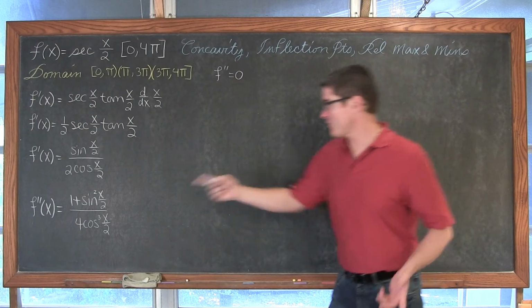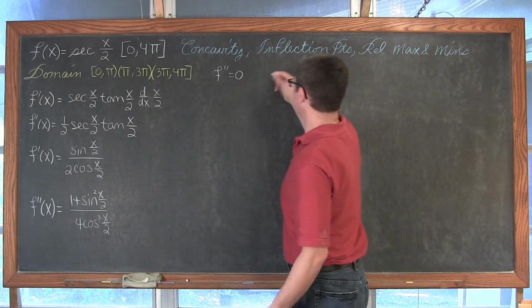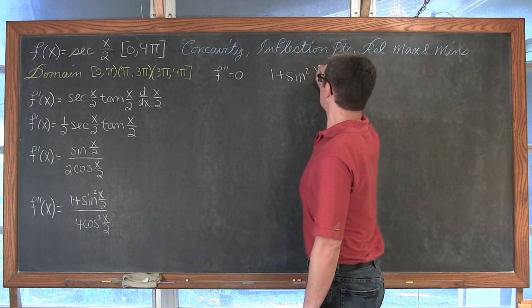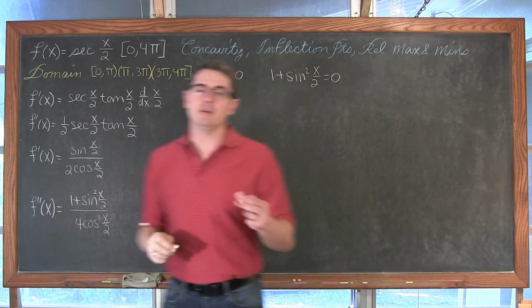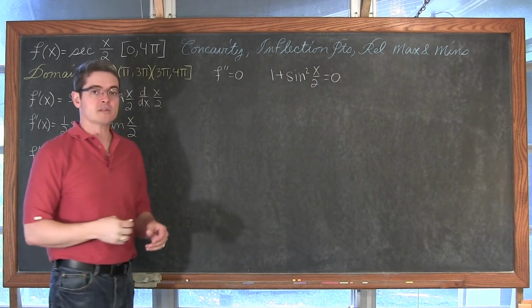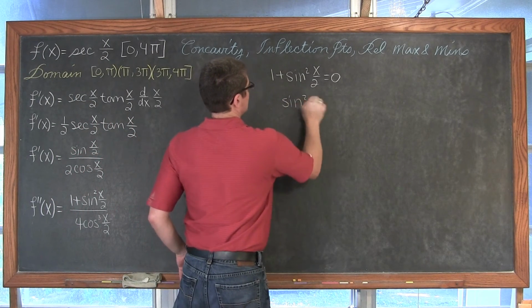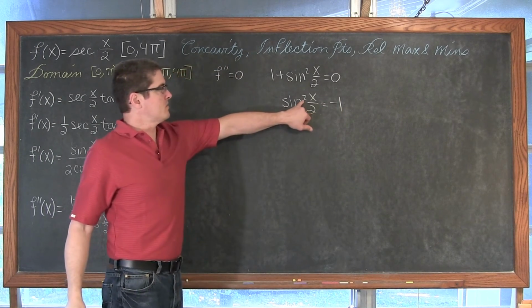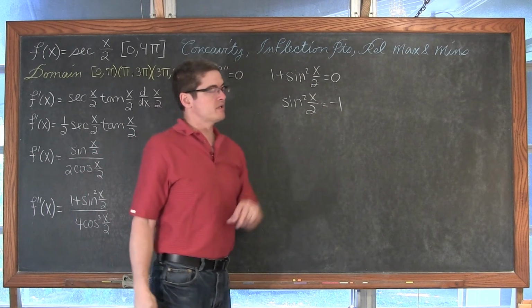Well, I have a rational function again. So the numerator, where's the numerator equal to 0? Well, it's going to be 1 plus sine squared of x over 2 is equal to 0. And at some point you might even immediately realize there's not going to be a solution to this because we're going to subtract 1 from both sides and get sine squared x over 2 is equal to -1. And now maybe you realize when you try to square root both sides, you can't square root a negative number.